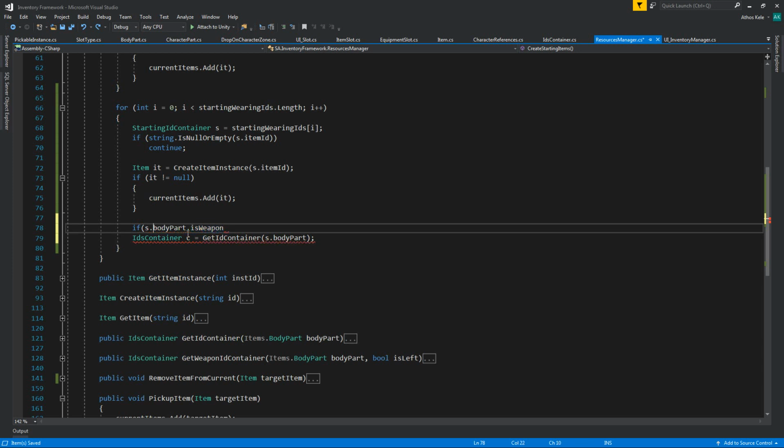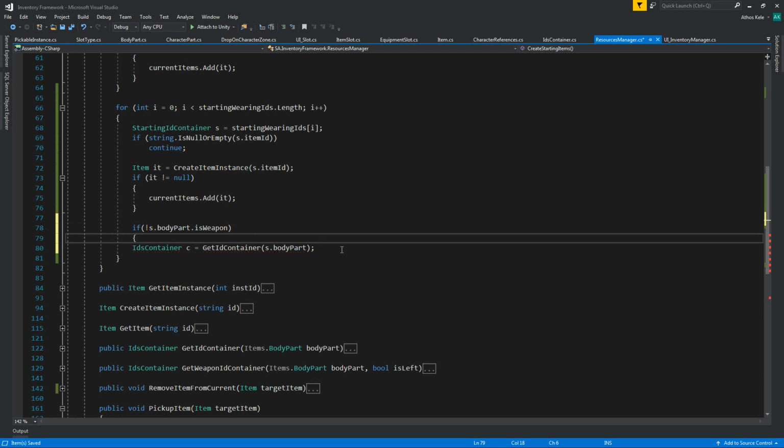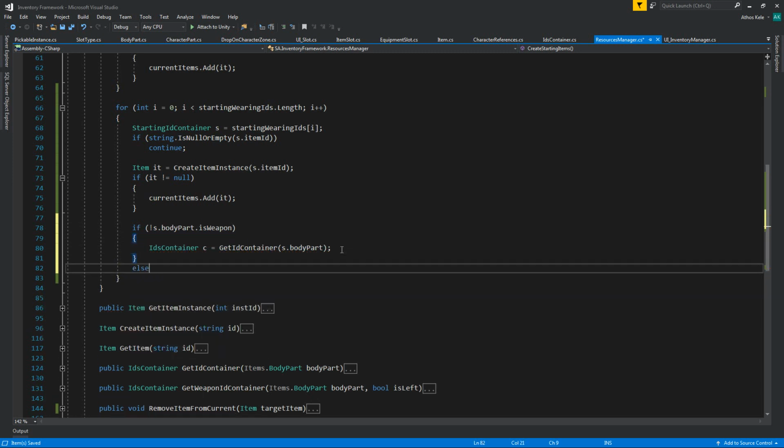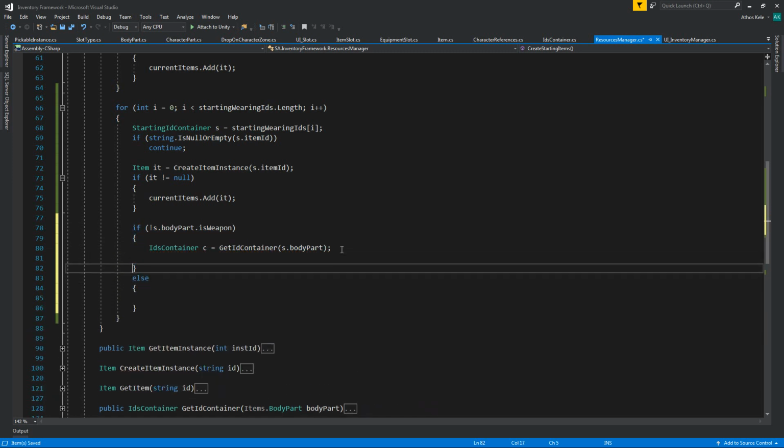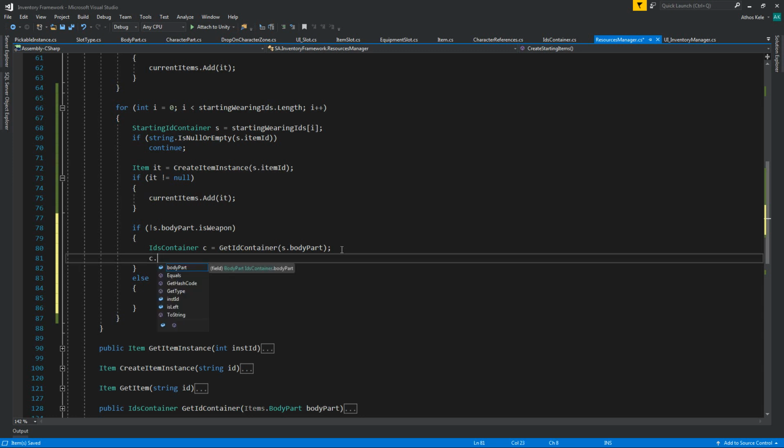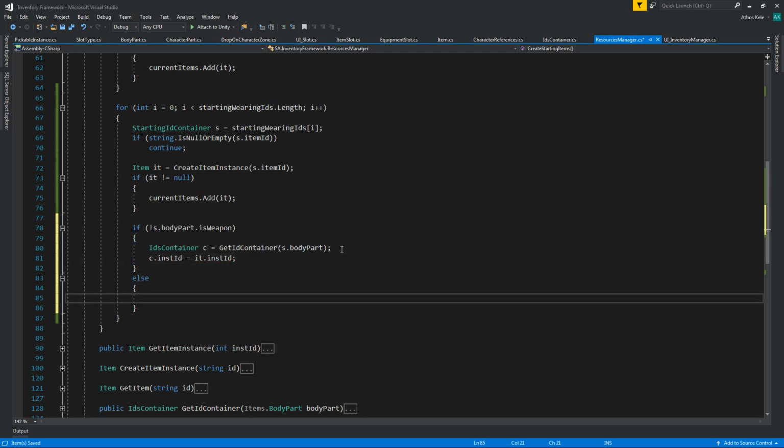If it's not the weapon, we're going to handle the weapon in a branch. Okay, else. Awesome. So c dot instance ID equals the item dot instance ID if it is not a weapon, and if s dot is left,